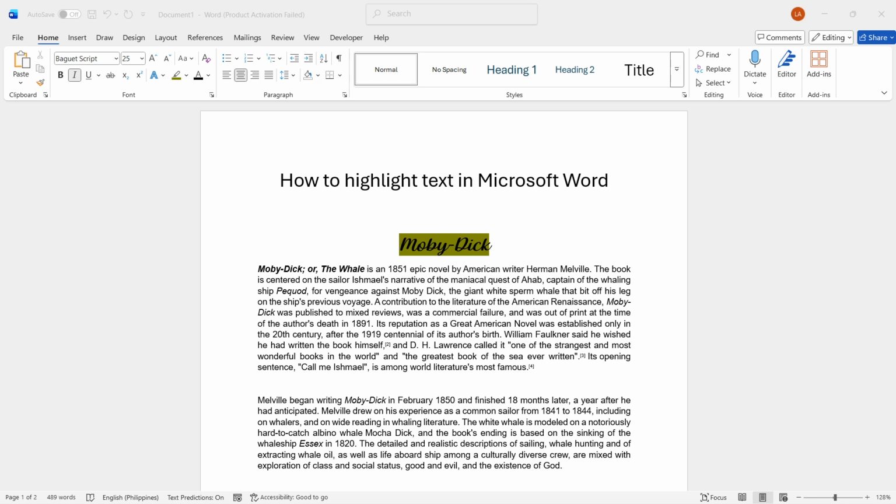Highlighting text might seem like a minor detail, but it can significantly enhance the clarity and focus of your documents. By mastering this simple tool, you will make your documents not only more visually appealing, but also more effective in